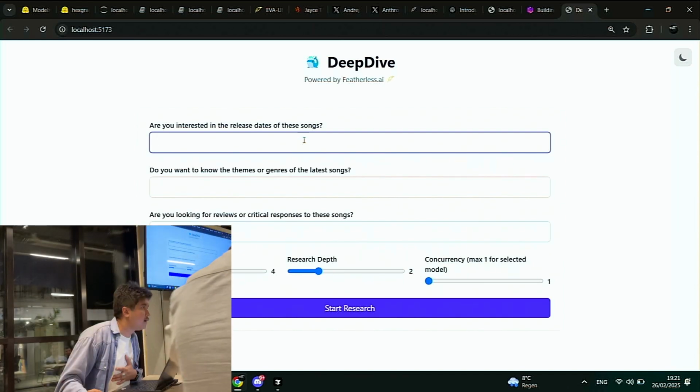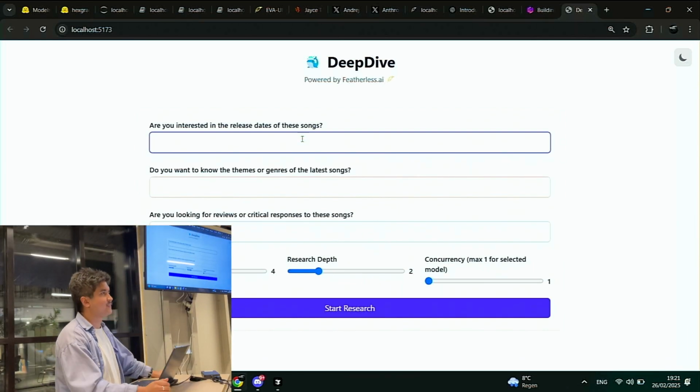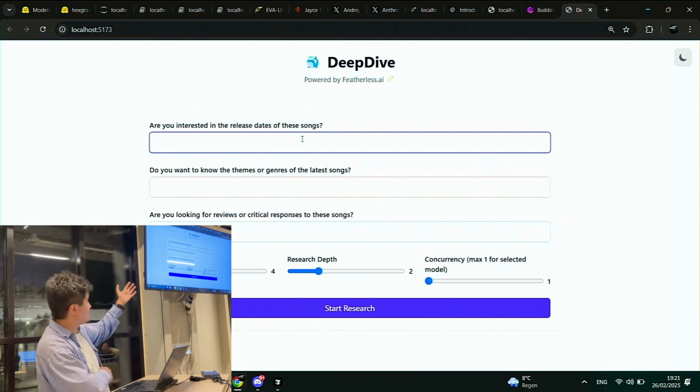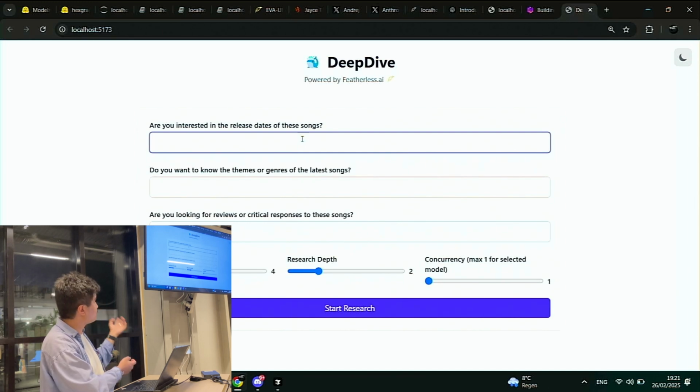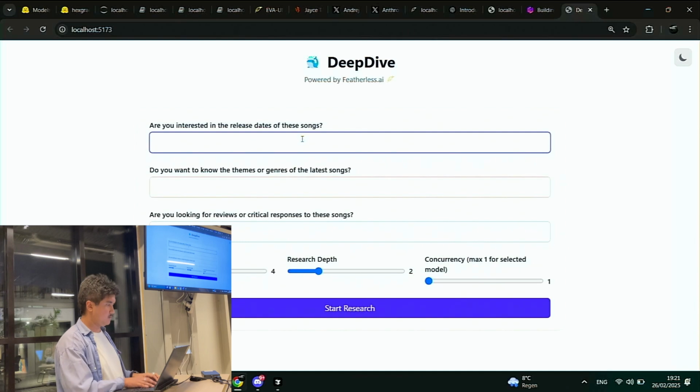You can ask a question. Oh, sorry. So you asked a question in the previous form, right? And then this is dynamically generated through the model, like a follow-up with fields. Yes, it will ask follow-up questions to know more about your question, and it will then create a research report. Oh, okay, that's very interesting.